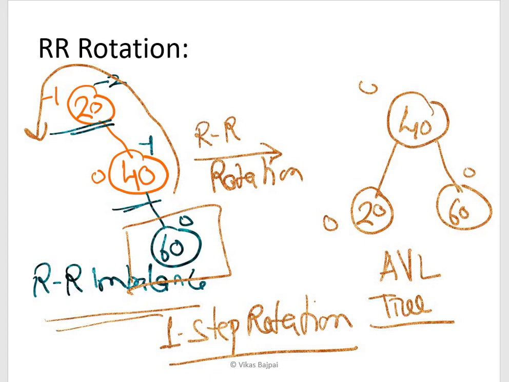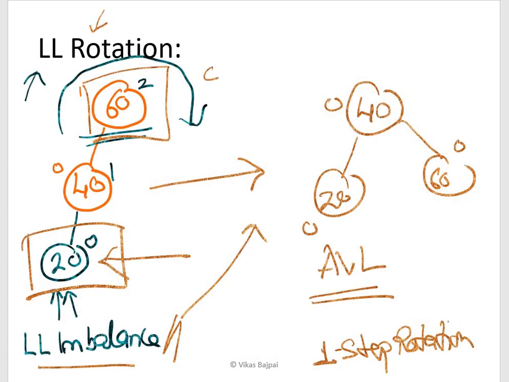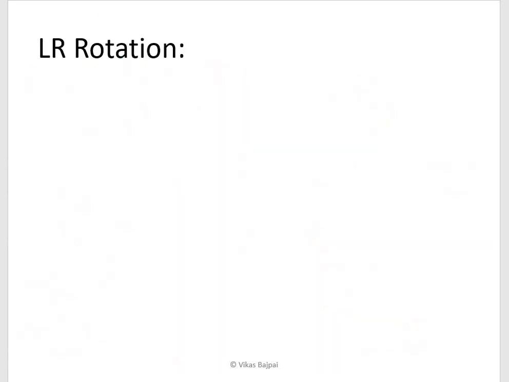So if you're getting confused, RR rotation here is like I'm going ahead with anti-clockwise rotation. In LL rotation I was going ahead with clockwise rotation, and the next options which we have are the LR rotations, and these are nothing but two-step rotations.